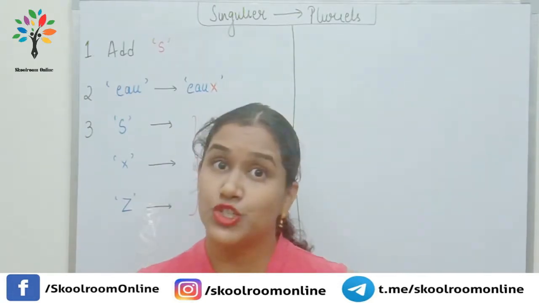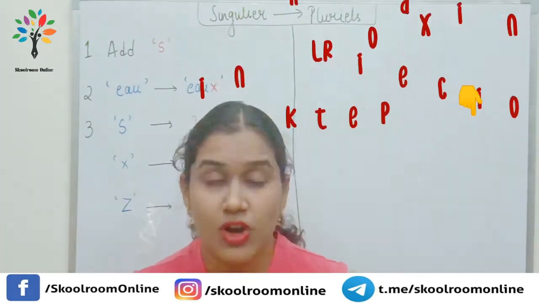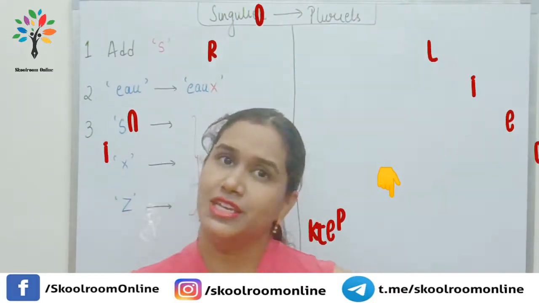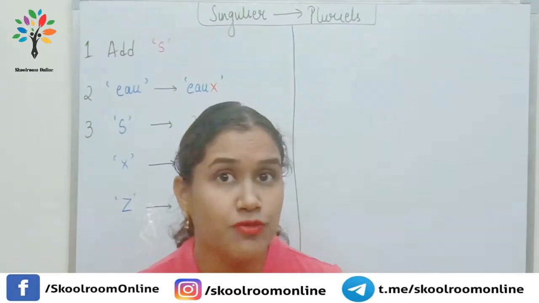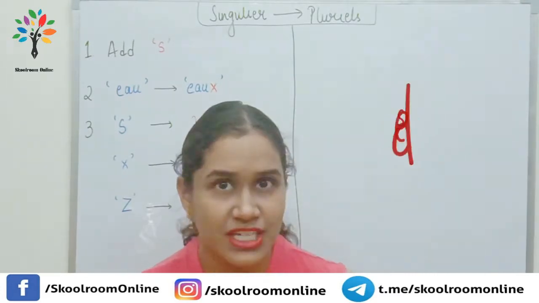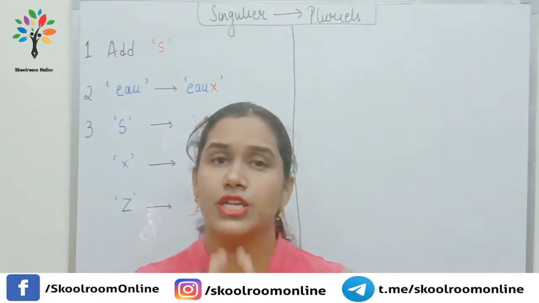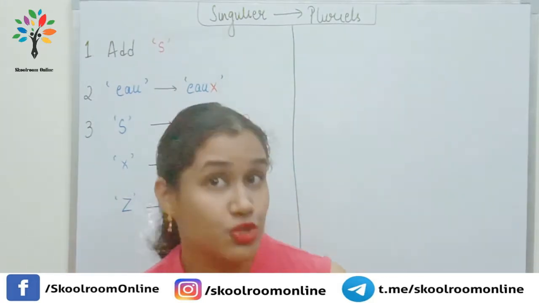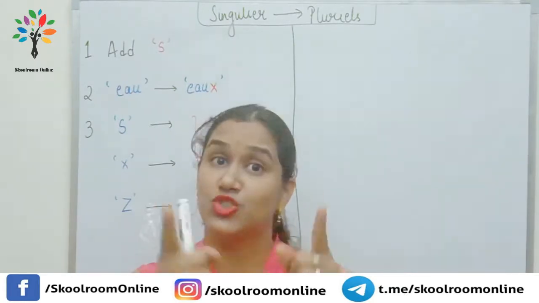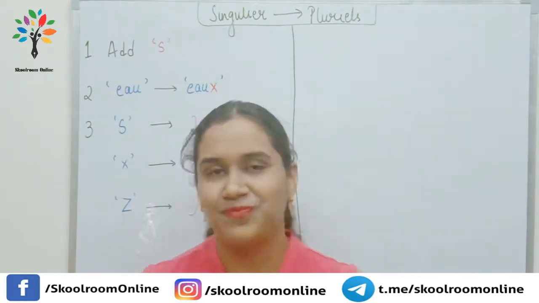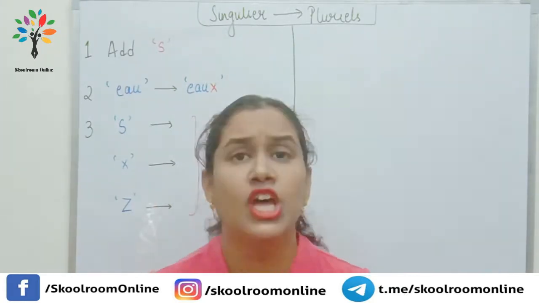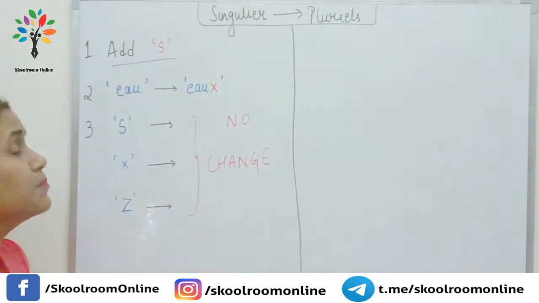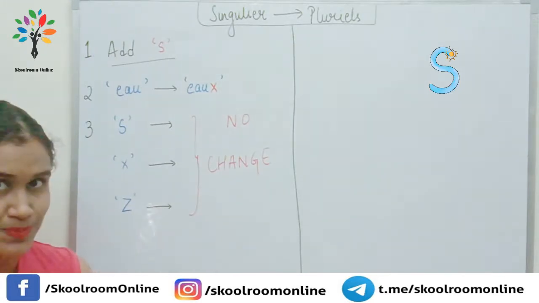And in the previous video, you can find the link in the description box, we had already discussed the indefinite articles. When the indefinite articles change to the plural form, they change to "des", right? In the French language, we know that every noun is followed by an article, so the article also needs to be changed to plural. That's why we need to remember the articles as well. Okay? Clear? So let's have a look at the first rule. The first rule says that you simply add an S.